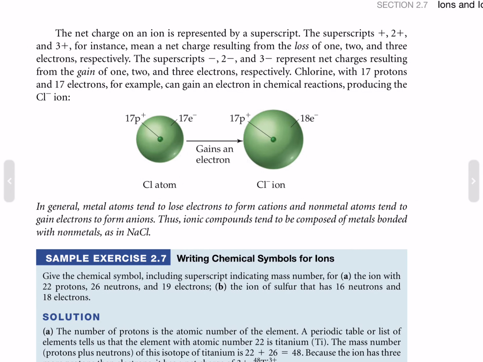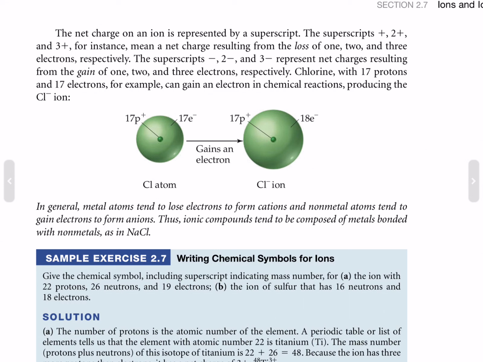The net charge on an ion is represented by a superscript. The superscripts of positive 2 and positive 3, for instance, mean a net charge resulting from the loss of 1, 2, and 3 electrons respectively. The superscripts negative, negative 2, and negative 3 represent net charges resulting from the gain of 1, 2, or 3 electrons respectively. Chlorine, with 17 protons and 17 electrons, for example, can gain an electron in a chemical reaction, producing